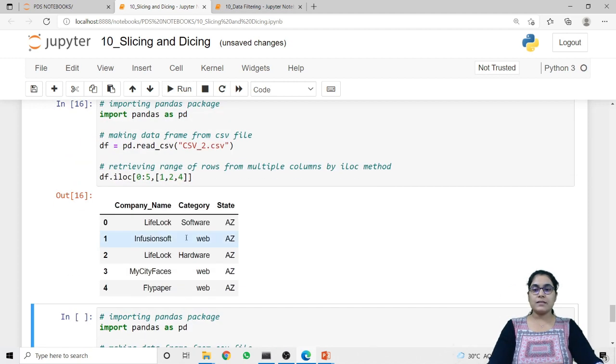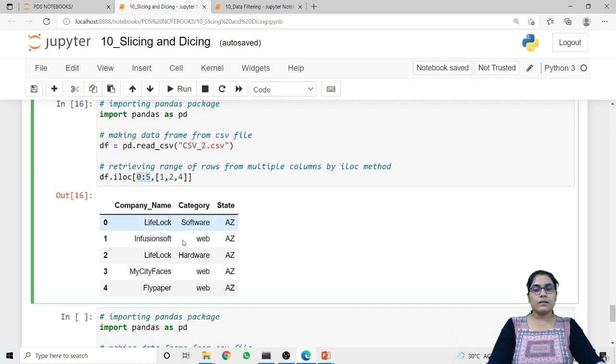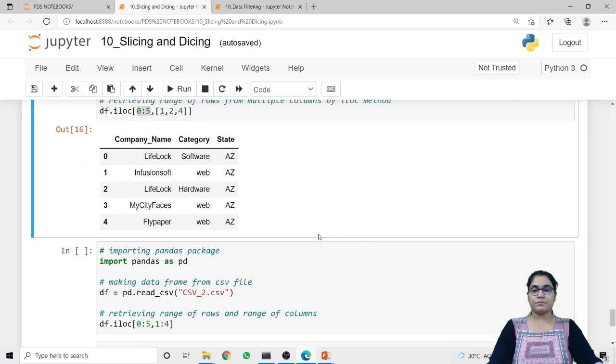As you can see here, it retrieves 0 to 4 rows from the columns company name, category and state, as the index value of company name is 1, category 2 and state is 4. So again you need to notice here that for the range 0 to 5 it returns 0 to 4 because 5 is our ending range.